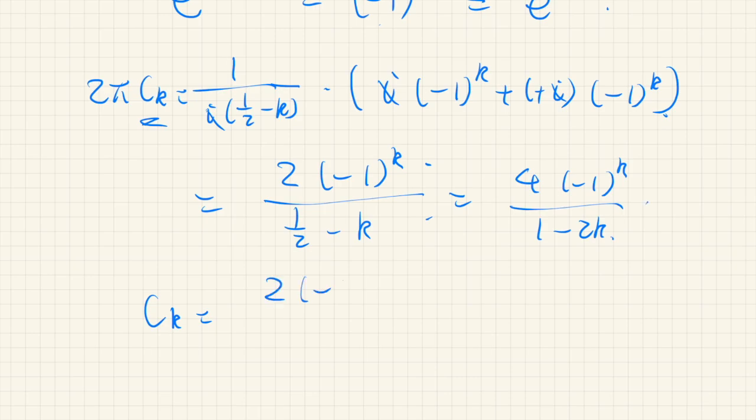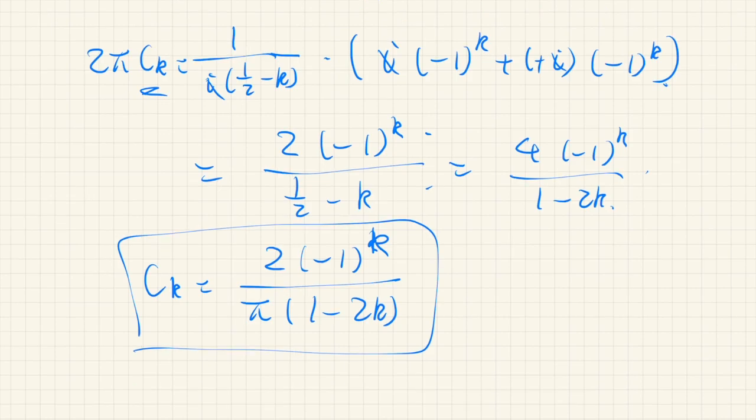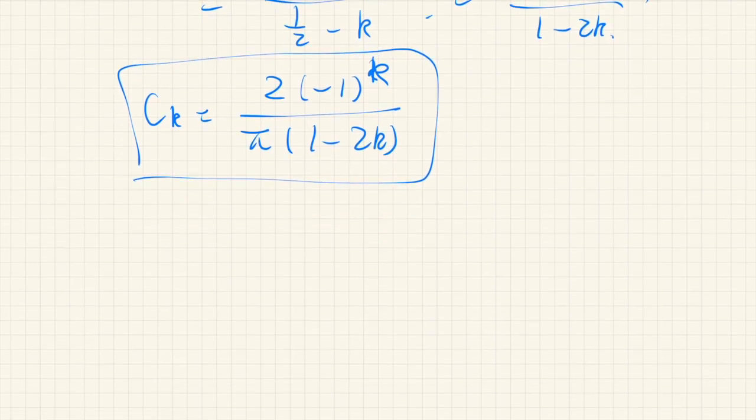We have 2, negative 1 to the power of k, and pi (1 minus 2k). So this is the Fourier coefficient. It's real. So after all, we have the Fourier series of this function